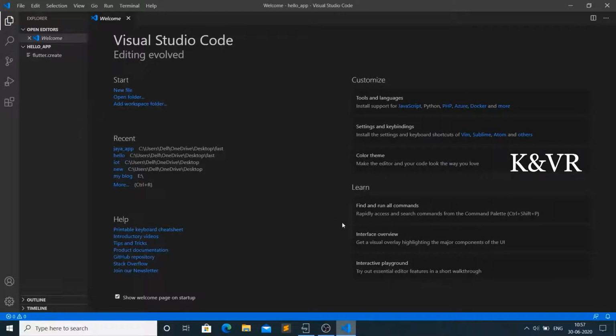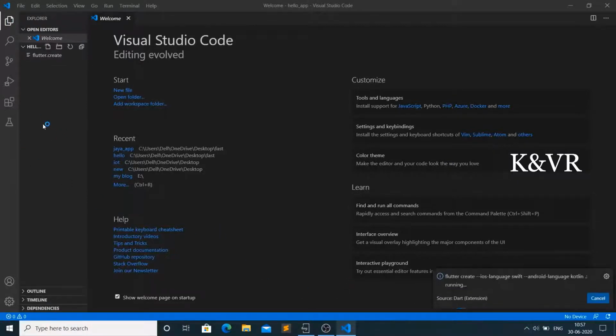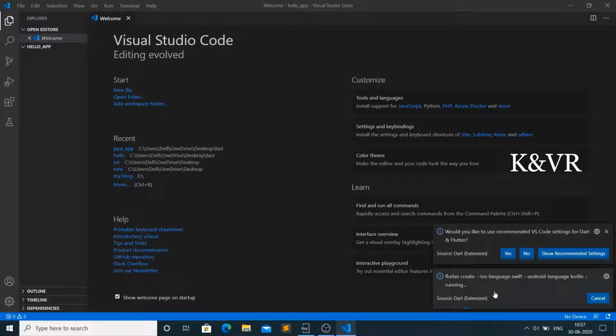While it is creating, you can turn on your mobile data or Wi-Fi. It's creating the background files like iOS. There are more background files it will create for handling the Android mobile. See here, creating the packages.